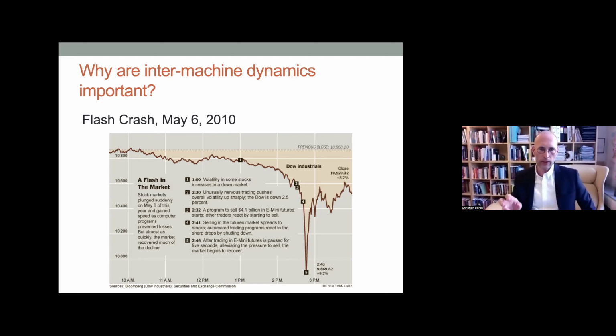Now, there are different accounts, different types of explanations of what actually happened there. The US regulators, after the event, joined forces to really try to dig into the data and come up with an explanation. Most explanations remain contested, but the first major explanation they offered